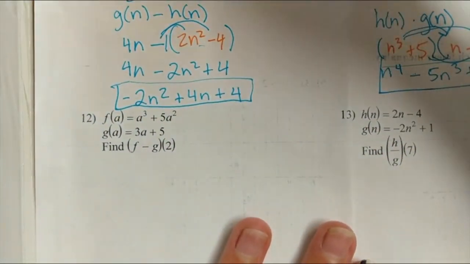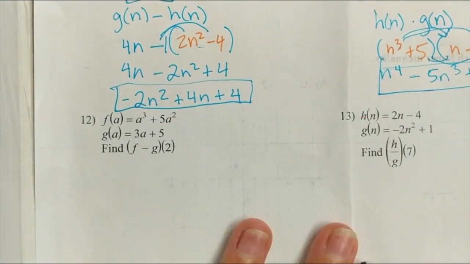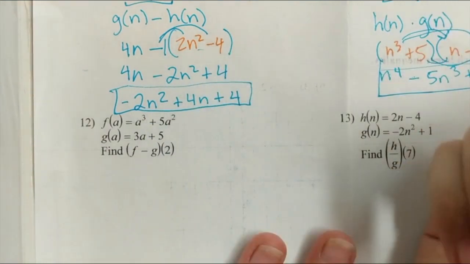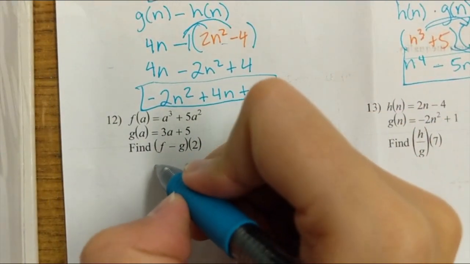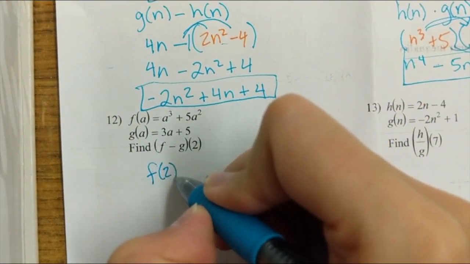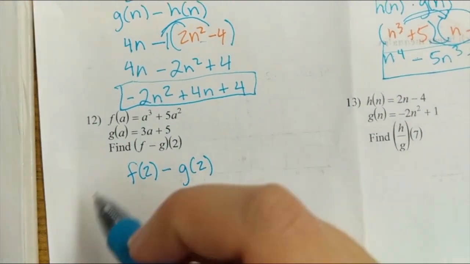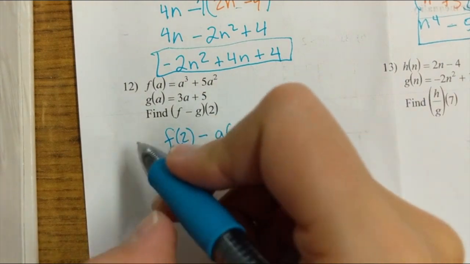All right. Now we are subtracting f minus g of 2. Okay. So f minus g, and then we will insert 2 into the function. So this is the same as f of 2 minus g of 2. If that notation makes you feel more comfortable, then that's fine. So f of 2